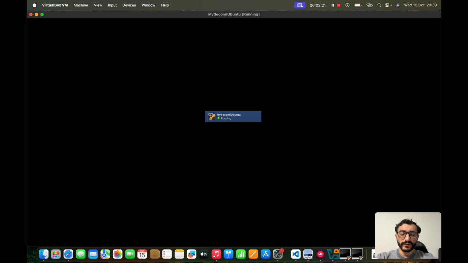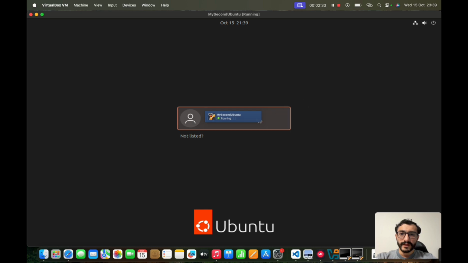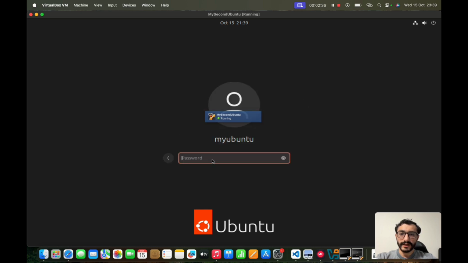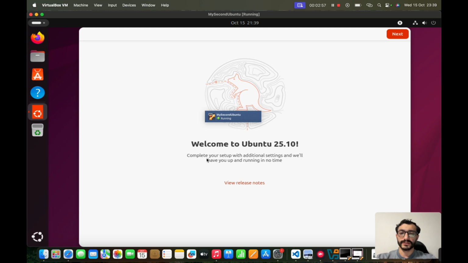It looks like it has already started, so let's wait a little to see when it will start working. Okay, let's click on it, and okay, my Ubuntu. As we did while creating this image, we gave a password. So now you write this password and click enter to enter your Ubuntu. As you see in the first screen, you will see Welcome to Ubuntu. Click next,